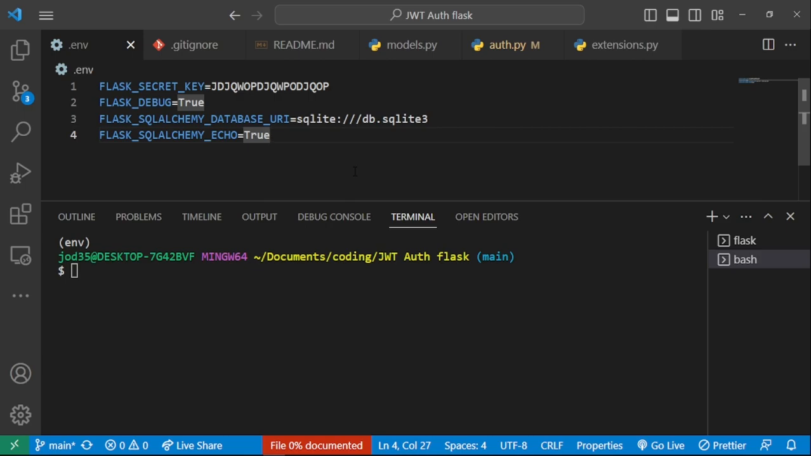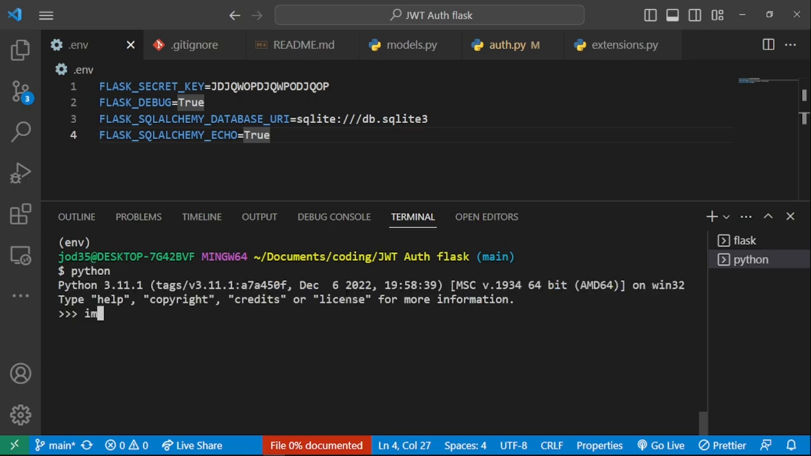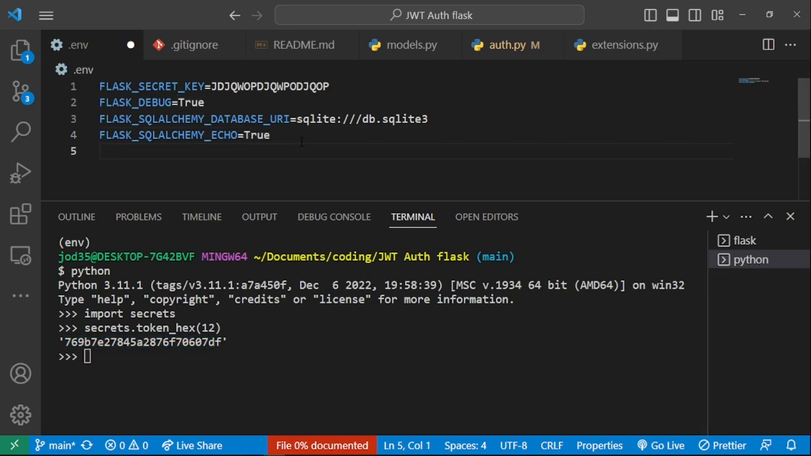So I'm going to be using secrets, which is a Python inbuilt module for creating random secret strings. I'll come to the terminal right here and say python, and inside here I'm going to import secrets. Then I'll say secrets.token_hex, and let me say I want to provide 12, and this is going to create a 12-byte. I don't know if it's actually bytes, but it's going to create this unique hexadecimal string. So I'll copy it, and come right in here and say